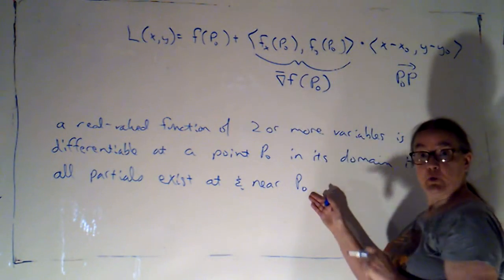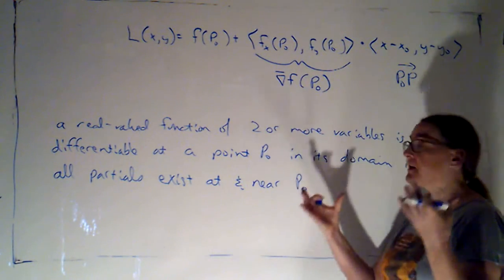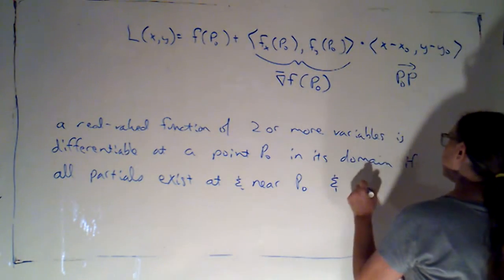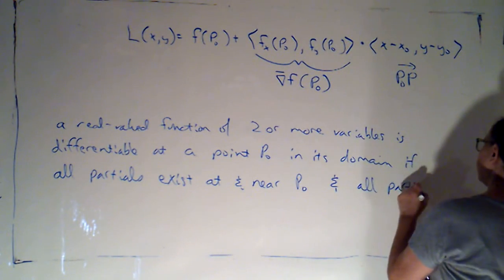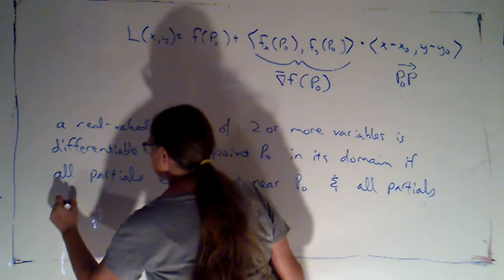So the partials have to exist in an open region containing P naught. And all partials are continuous